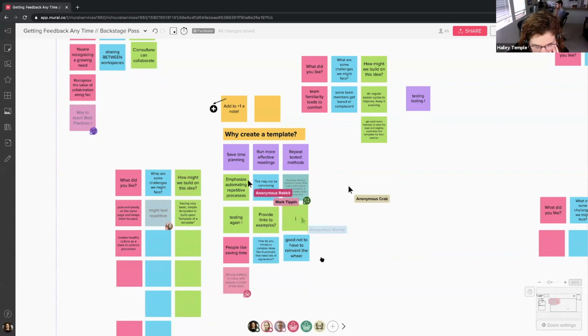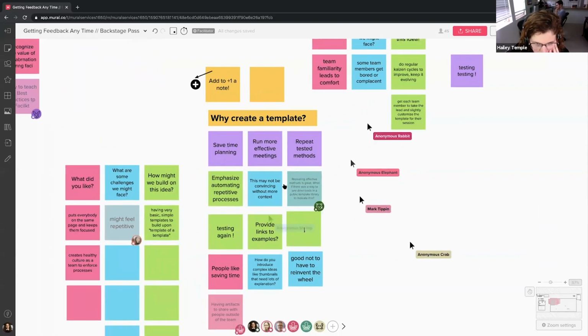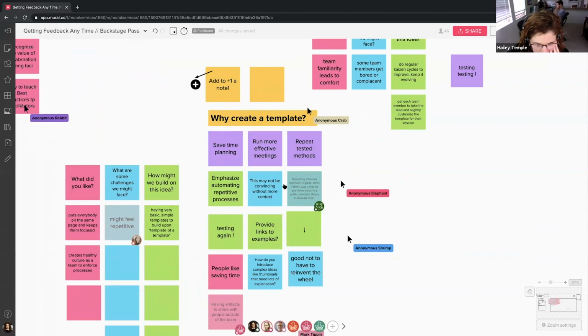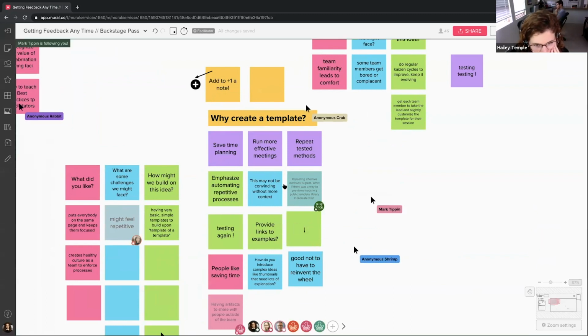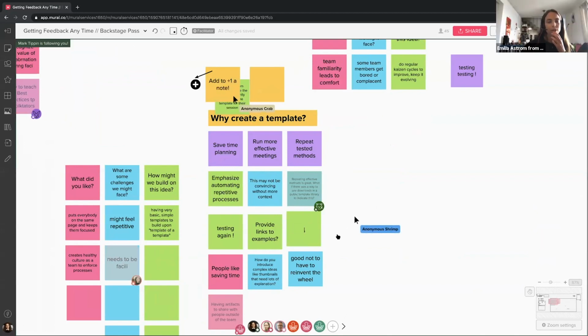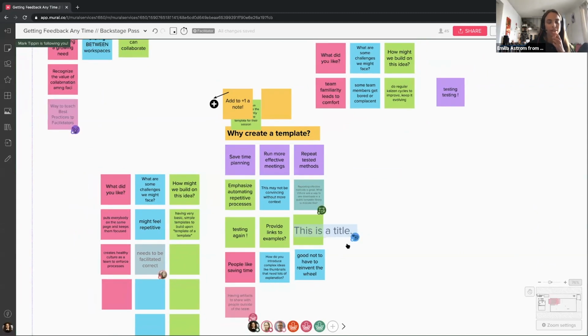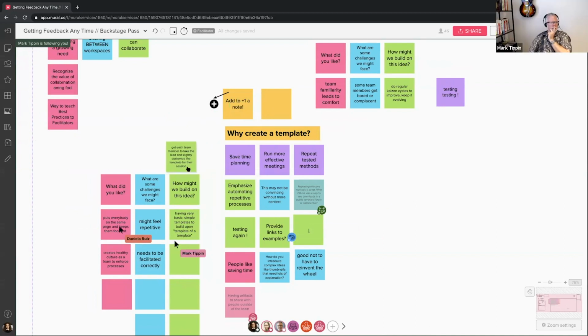I mean, running more effective meetings. I agree that I don't know if a template necessarily means that a meeting itself is going to be run more effectively. Maybe planning. No, and I see that now as well. I was looking at the feedback people gave on why they use templates, and this was the second most common one that people stated. But meetings is probably too narrow. Maybe it could be something more open, like project or sessions.